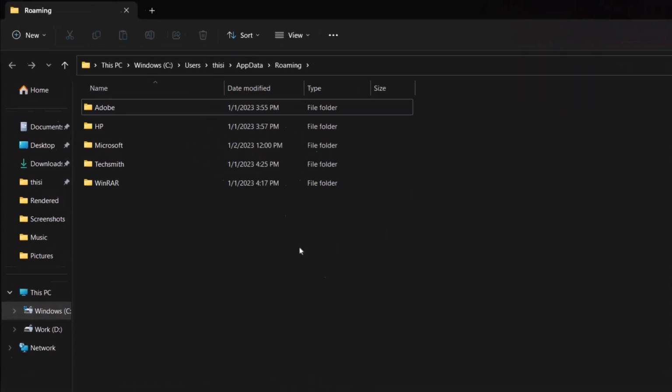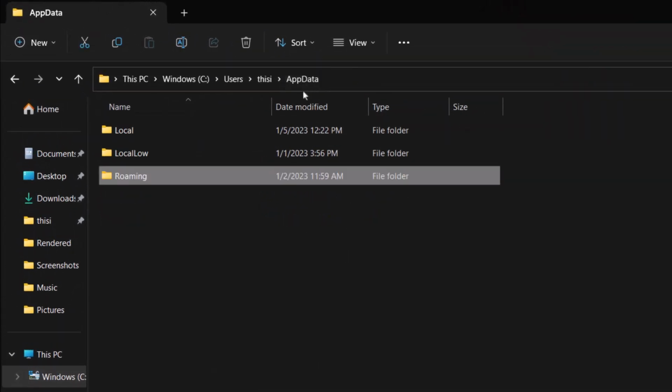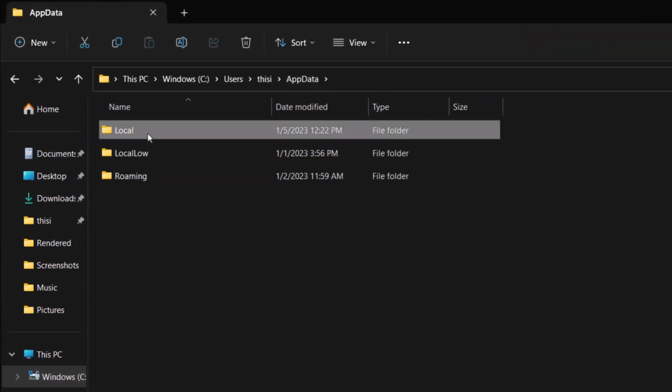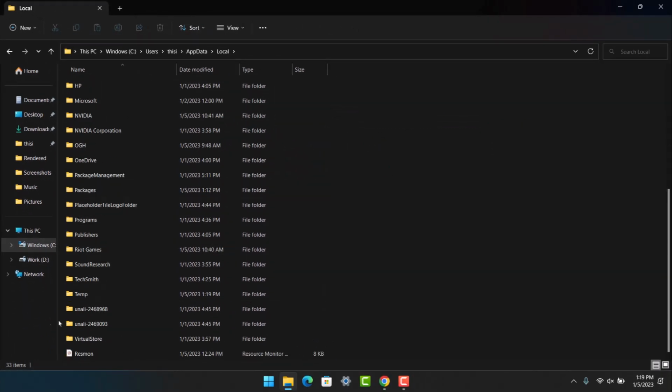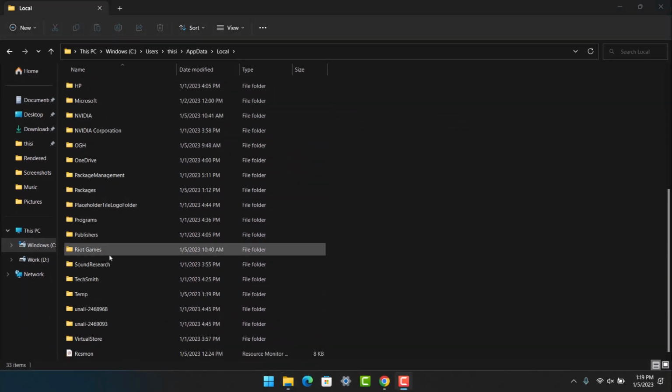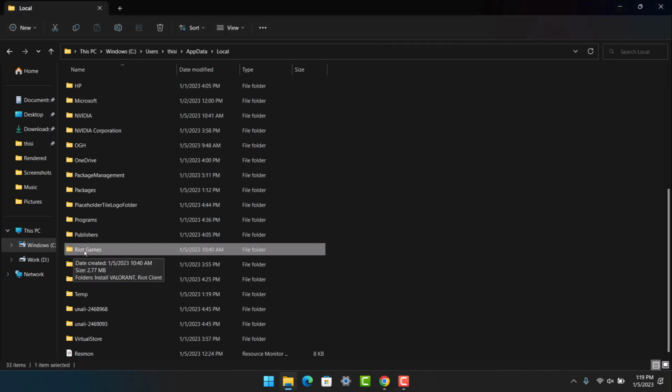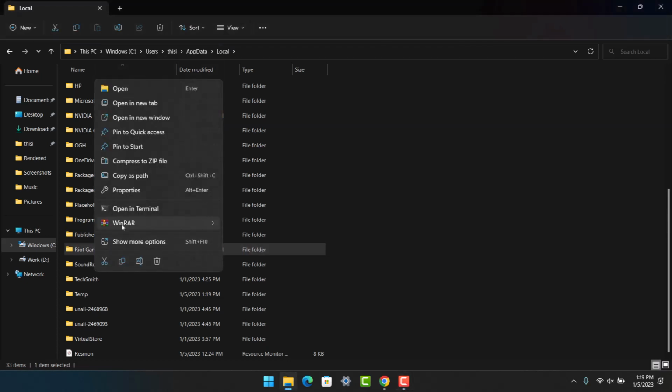Once you're on this specific page, navigate to the app data page and then go to the option called local at the very top. Here you'll find a folder called Roblox. So just search for the Roblox folder and delete all of the contents inside that Roblox folder, and then you can proceed to delete the folder itself. Now in my case, I already deleted it, so you're not being able to see it. So if in your case this is the Roblox folder, just right click on it and press the delete